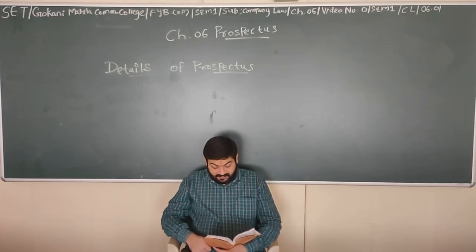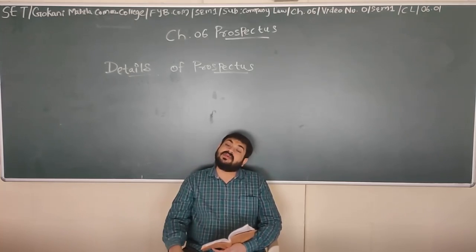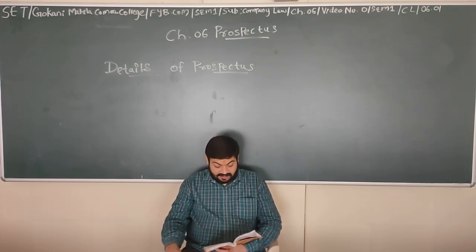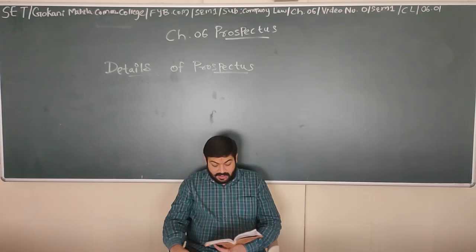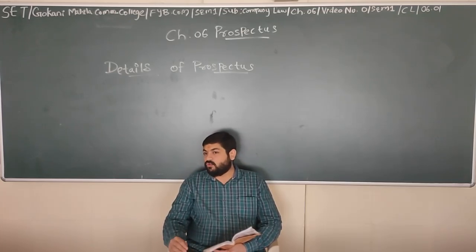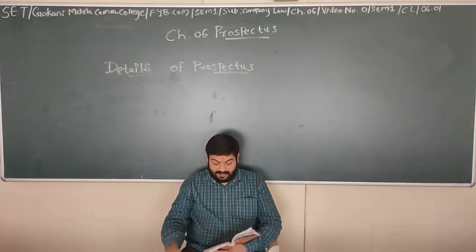Then, if the shares are issued at a premium or discount, its details. Whether the company is willing to give any discount or whether the company is going to pay a premium on the share, that comes under this. Then comes the limited liability of members, limited by guarantee or unlimited. Limited liability of members is basically to what extent the members will have a liability. That is the liability clause.